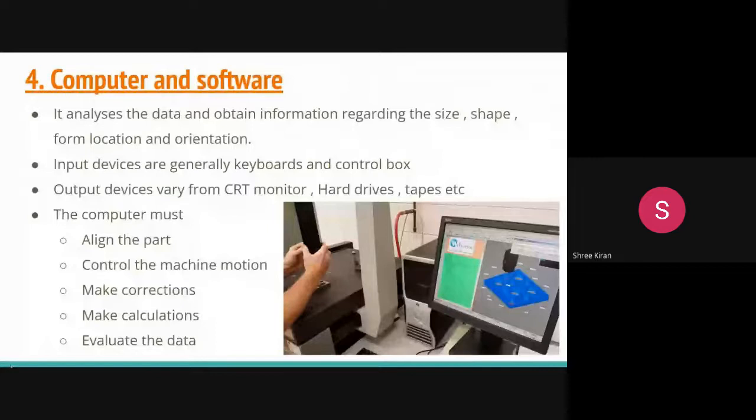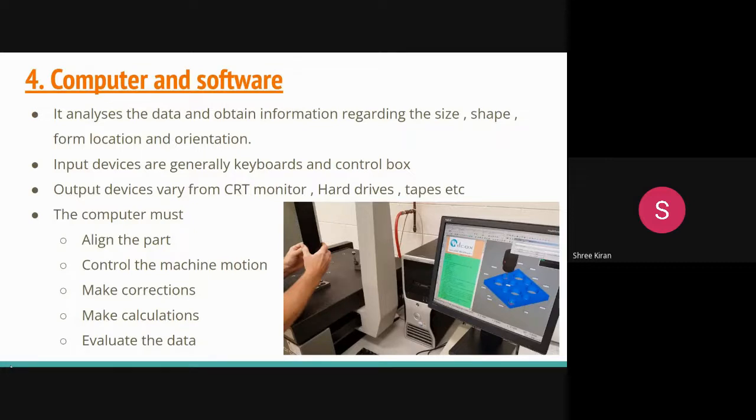The software mainly analyzes the data and obtains information regarding size, shape, form, location, and orientation. Then input devices are generally keyboards and control box, and output devices vary from the CRT monitor,